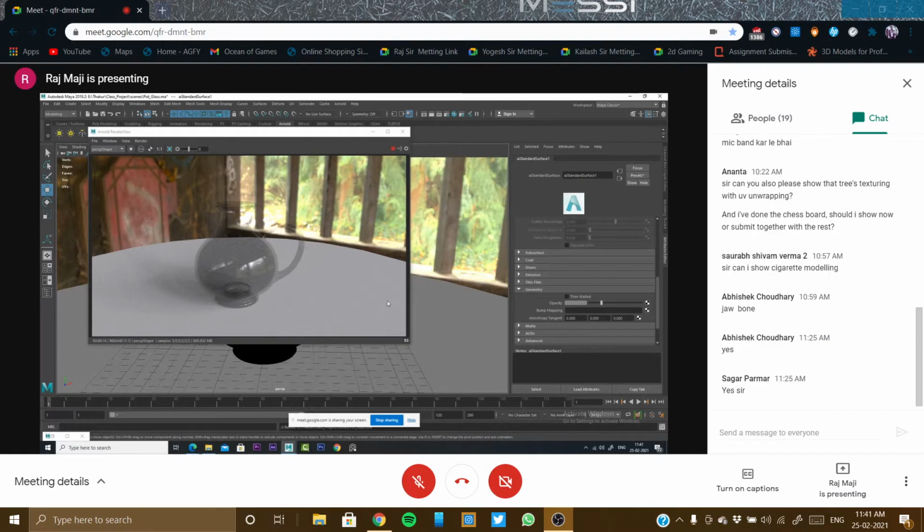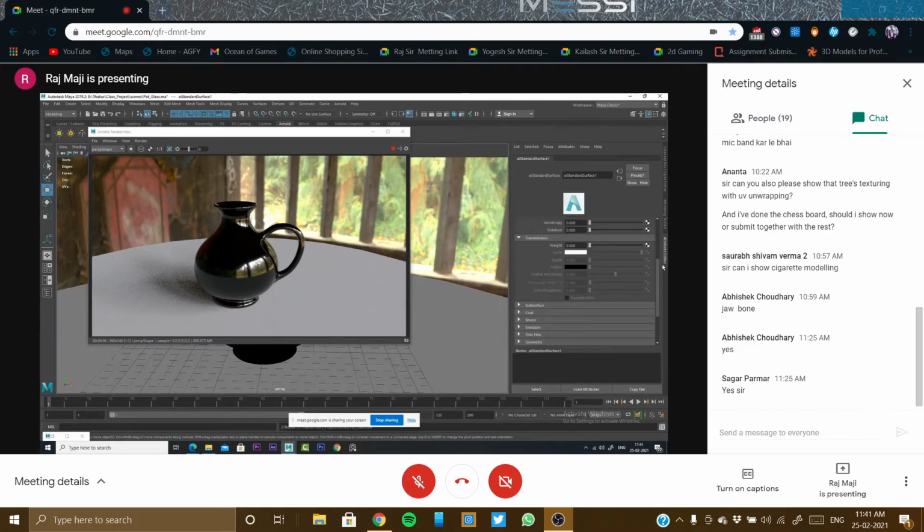Okay, so opacity, we don't have to do anything with the opacity. Opacity is there, by the way, like the software renderer. So over here the genuine refraction it is going to create through this transmission.